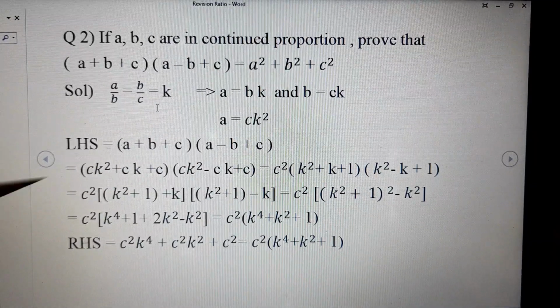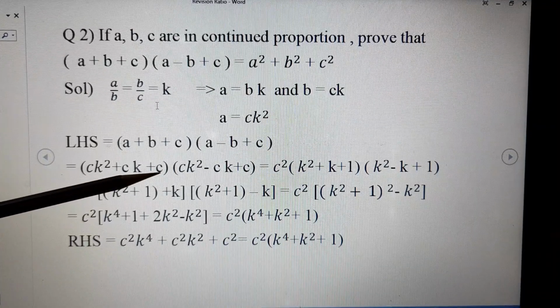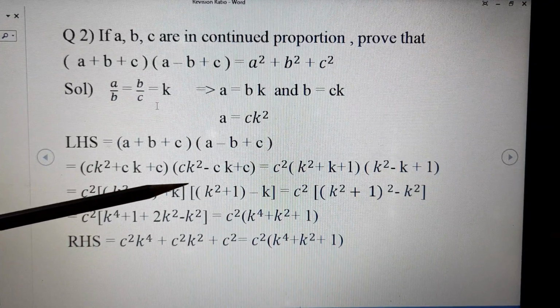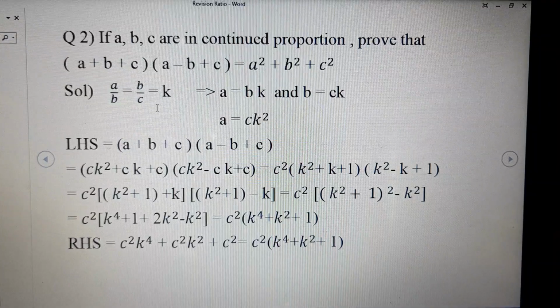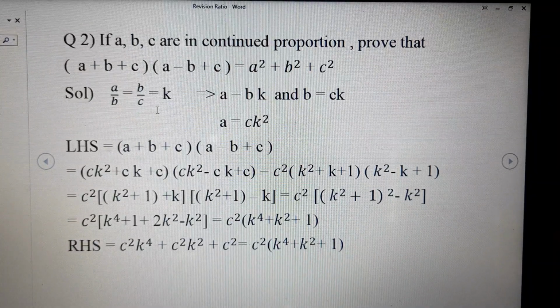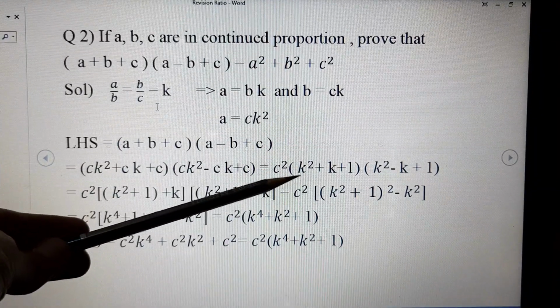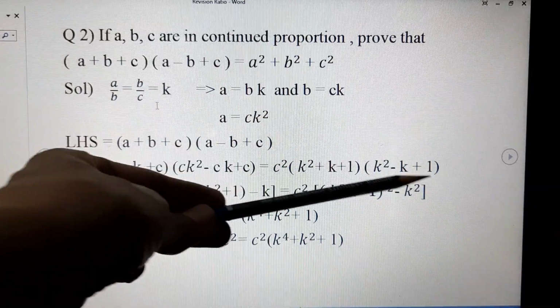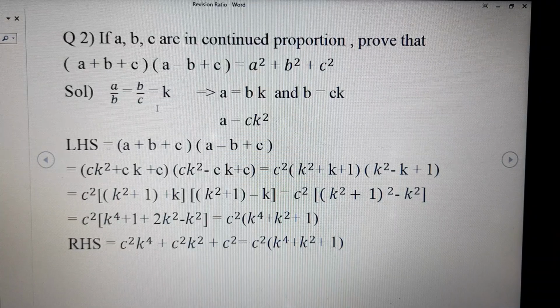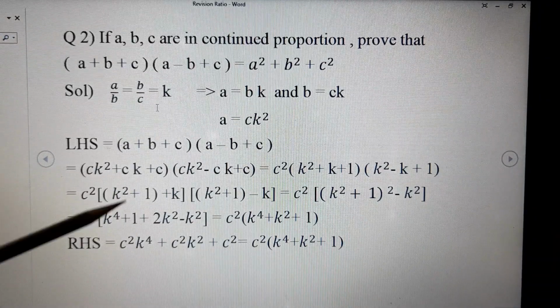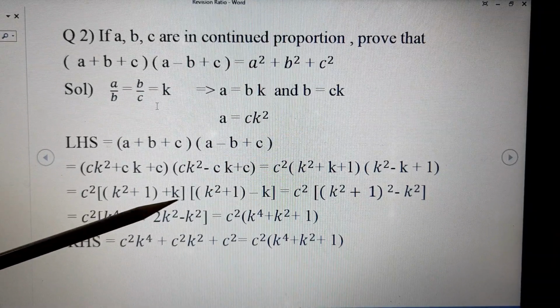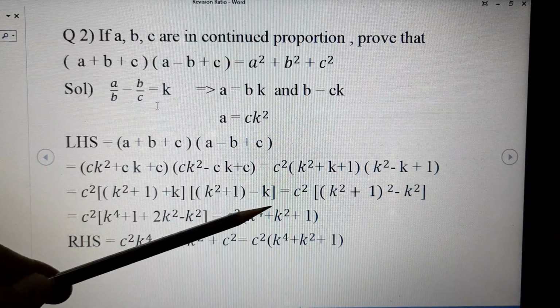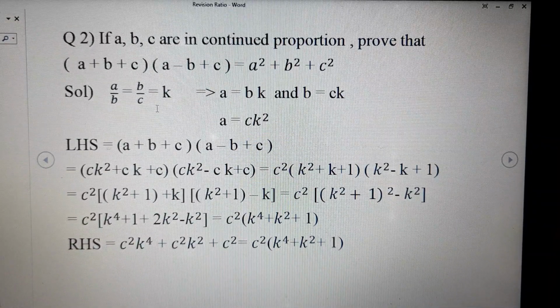We'll be left with k square plus k plus 1 in the first bracket and k square minus k plus 1 in the second bracket. If we rearrange these brackets, we can write them as k square plus 1 plus k and k square plus 1 minus k. Clear? So we can treat them as a plus b, a minus b, where a is k square plus 1